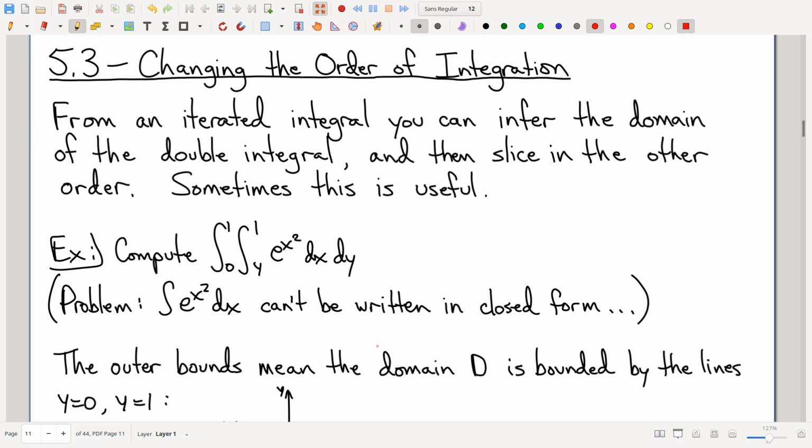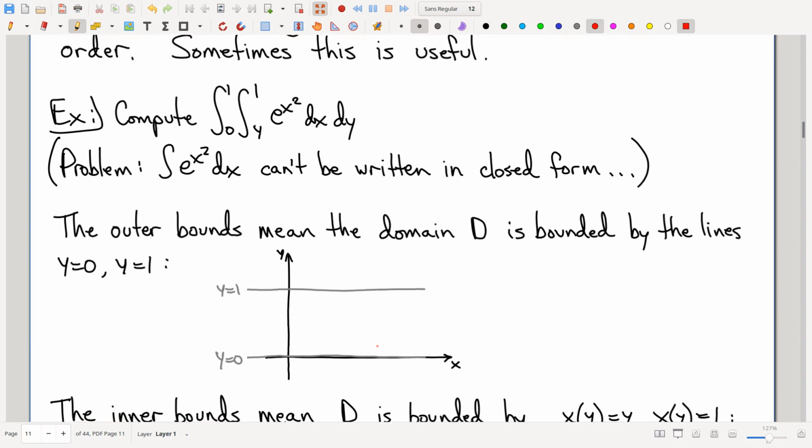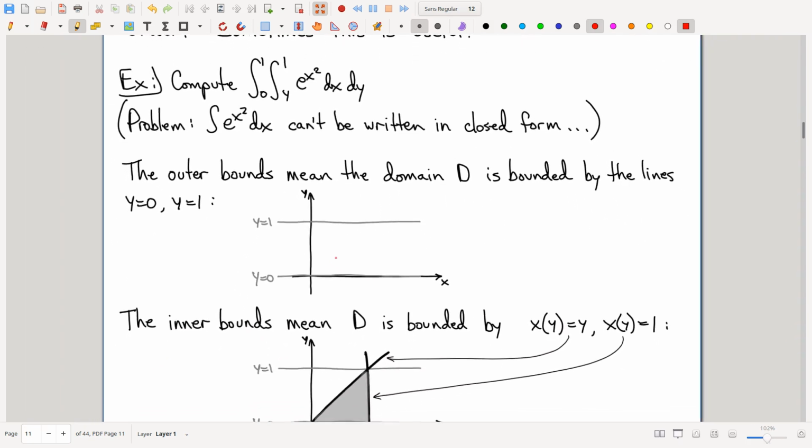It turns out sometimes, not even all that often, to be totally forthcoming, it's helpful to switch the order of the differentials from what you're given. Now, I'm going to walk you through real quick how to do that and why it might be helpful. The idea, though,